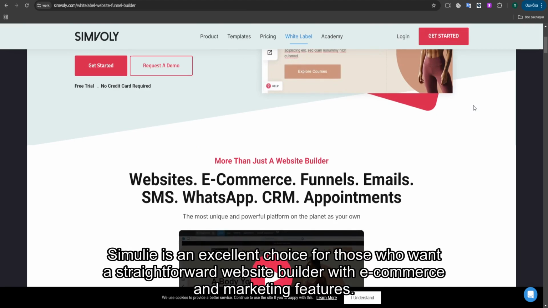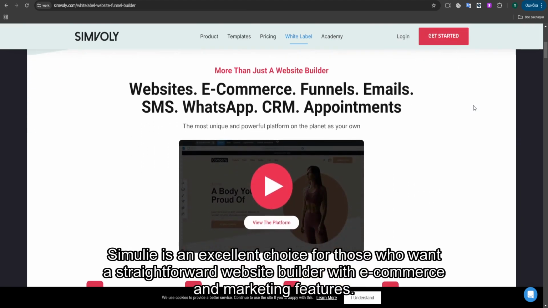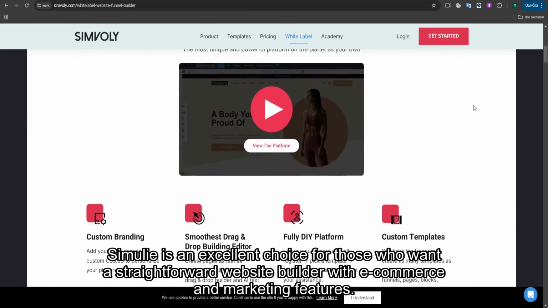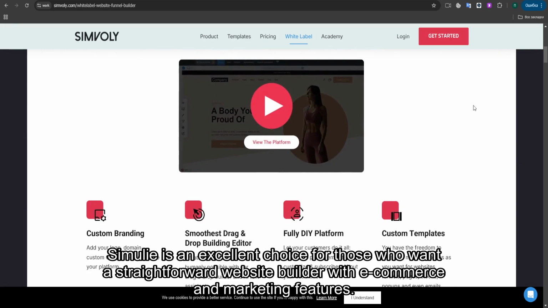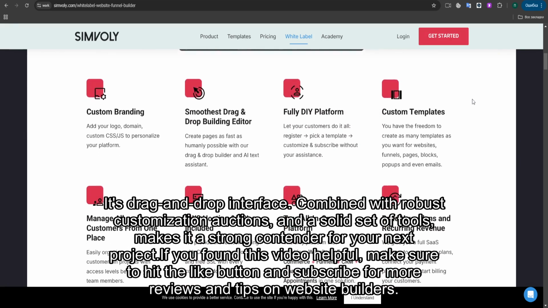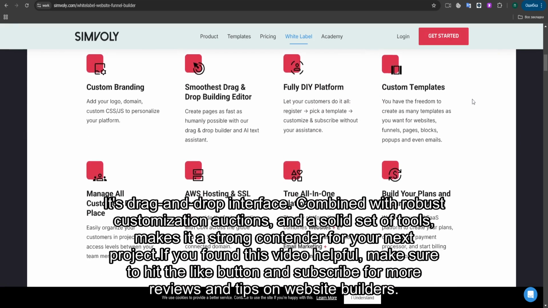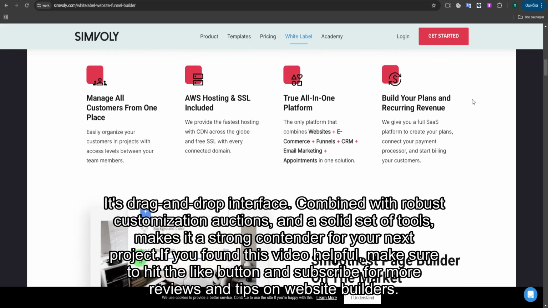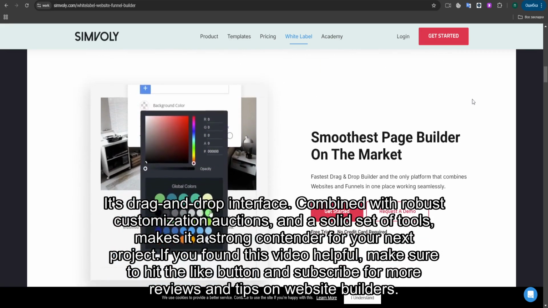In conclusion, Simvoly is an excellent choice for those who want a straightforward website builder with e-commerce and marketing features. Its drag-and-drop interface, combined with robust customization options and a solid set of tools, makes it a strong contender for